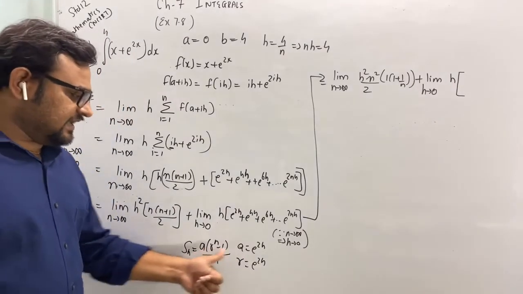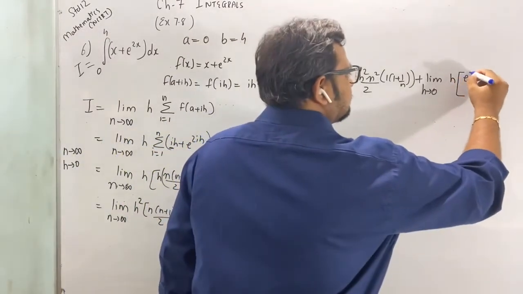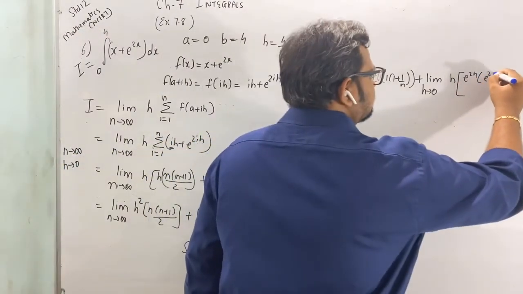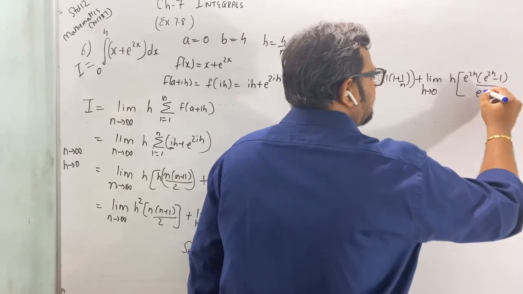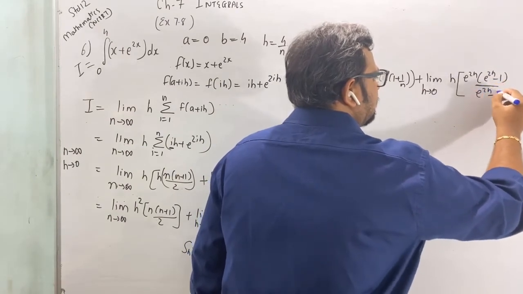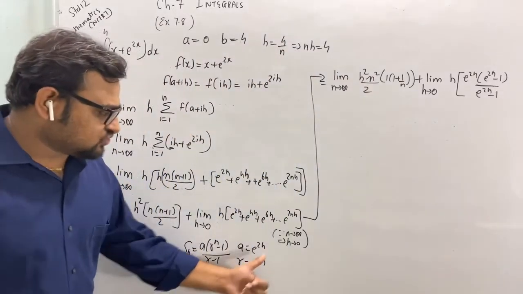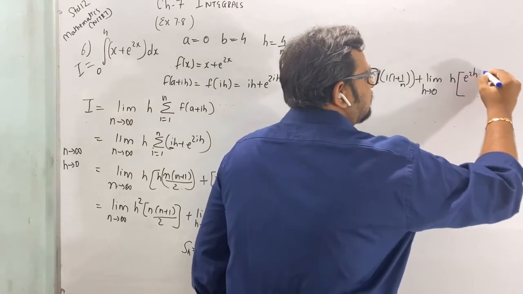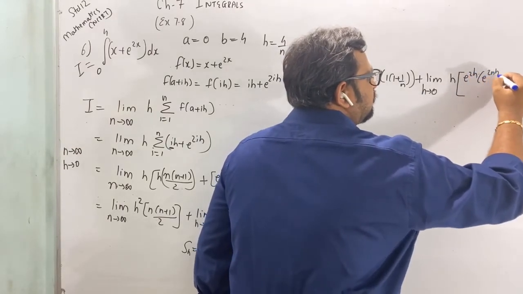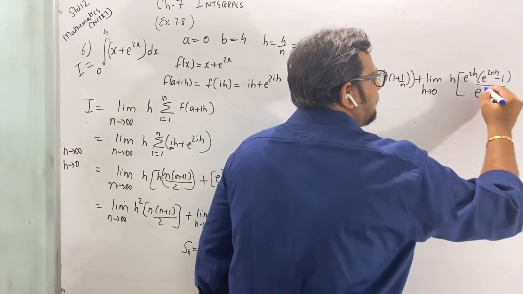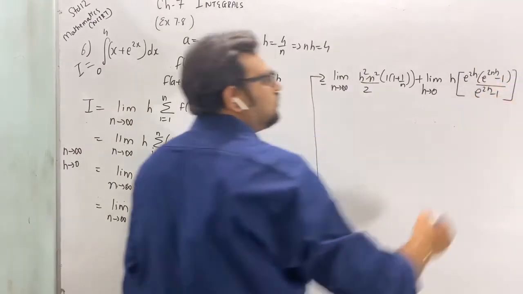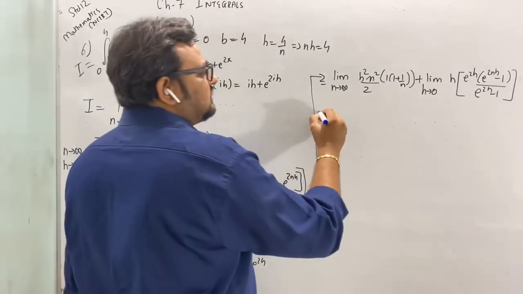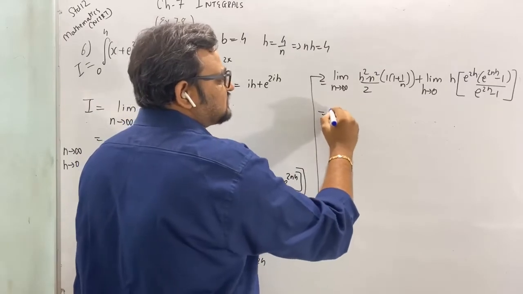Okay, now what is a? e raised to 2h, r e raised to 2h upon e raised to, sorry, e raised to n minus 1, so it's 2h, so it's e raised to 2nh minus 1 upon e raised to 2h minus 1. Clear? So now in this case, putting the value of n square h square,